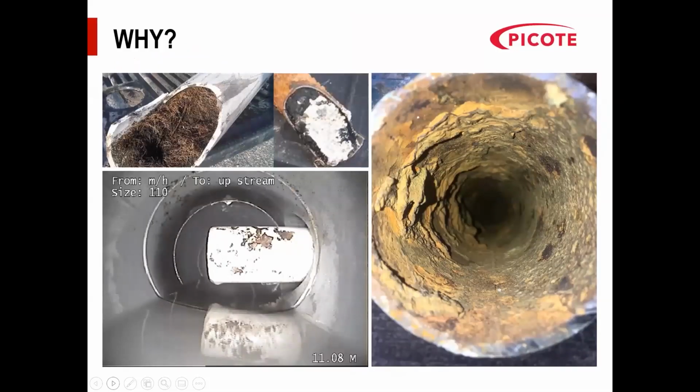So to begin with, why do we need to clean pipes? Well, the obvious one is we need to clean them to keep the flow running through correctly. And generally, if you're on the clean water side in drinking water, the biggest issues that you'll get is the buildup of depopulation within the cast iron water mains. On the sewage side, we get fats, oils and grease, we get tree roots, we get the bottom left-hand picture,